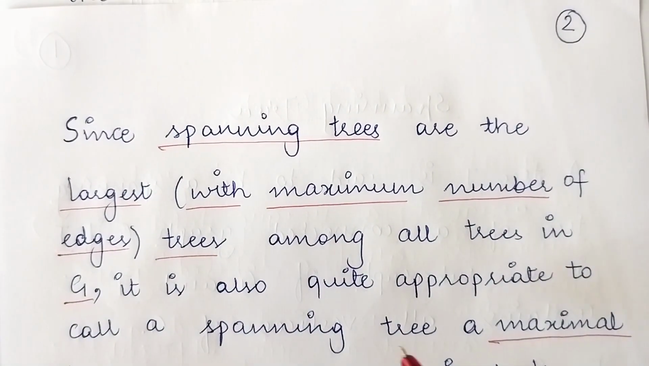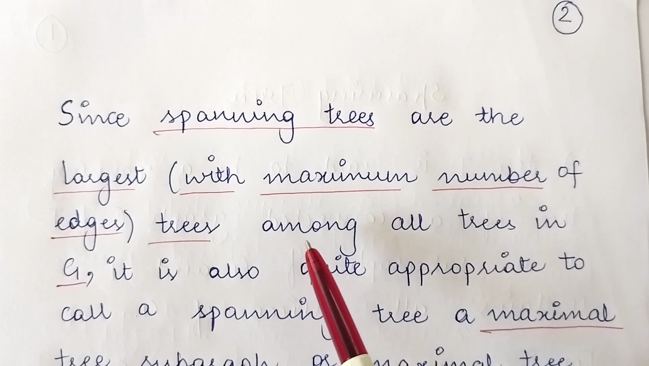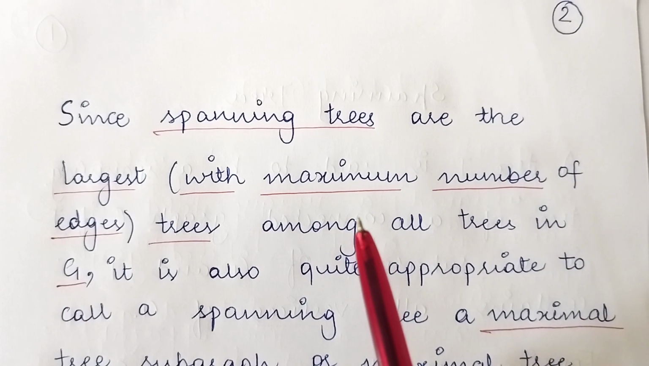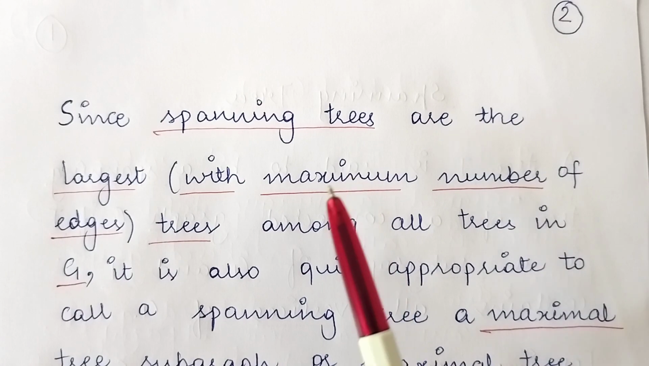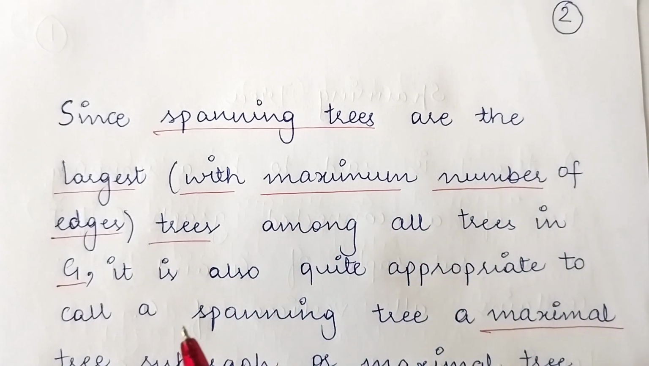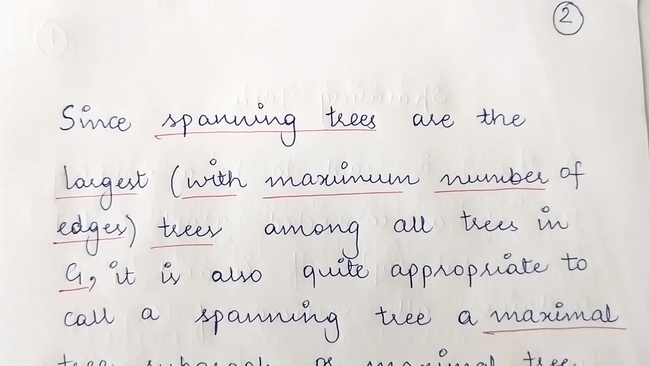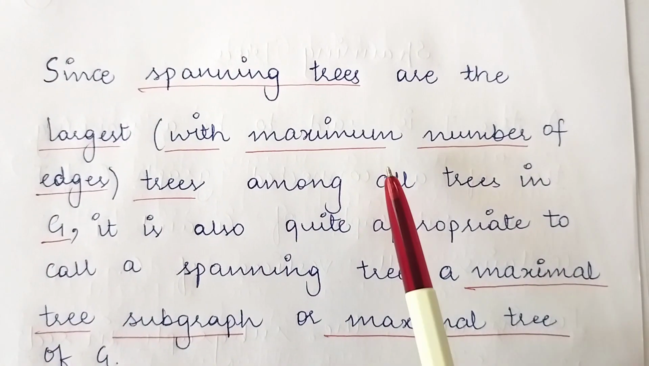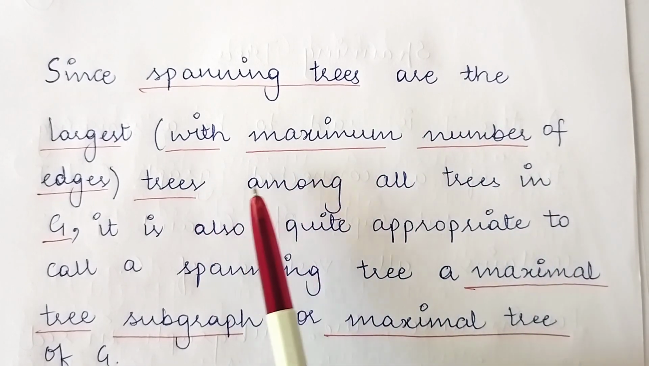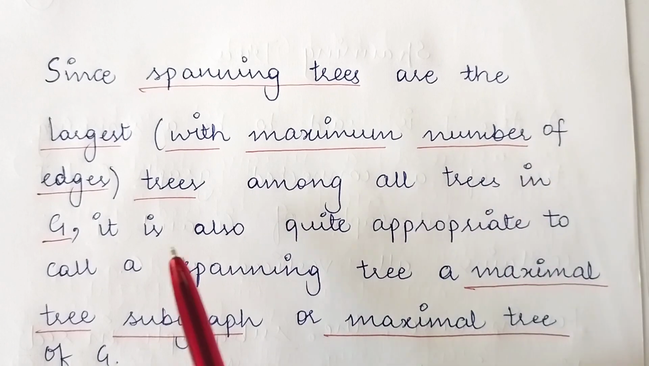Spanning trees are the largest. Why are they largest? Because they have the maximum number of edges. Out of all the subgraphs of a graph, the spanning trees are the largest because they have the maximum number of edges. And why do they have the maximum number of edges? Because they cover all the vertices of the graph. So they have the maximum number of edges. Hence the spanning trees are the largest trees among all trees in the